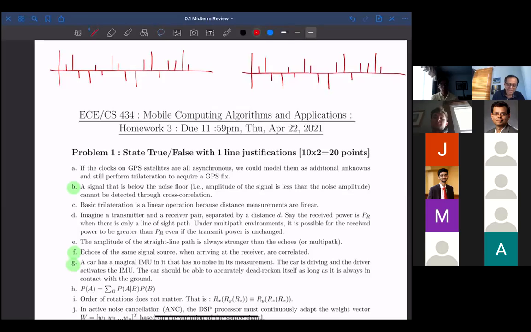And there is noise getting added when the signal is arriving, let's say the GPS signal arriving at your receiver, and noise of course gets added on top of this. Noise can be positive or negative, right? So the net signal that you get is